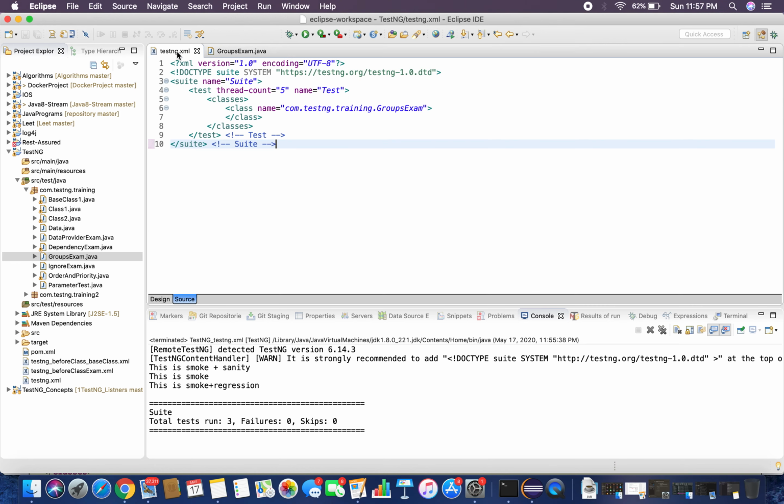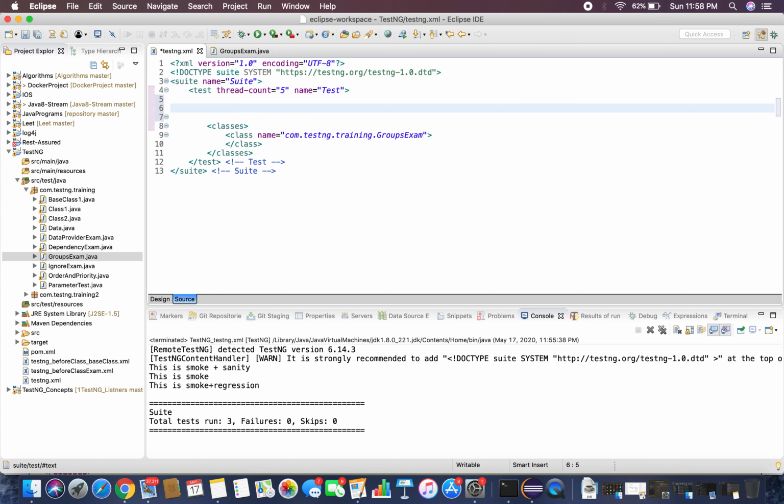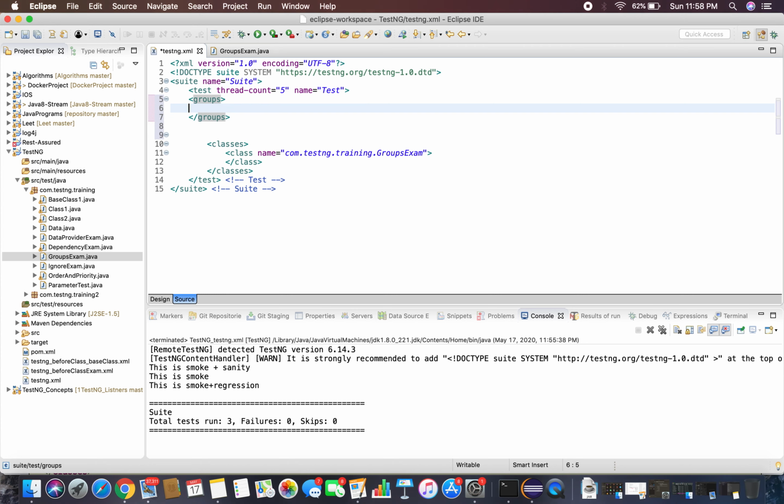How can we create a meta group in TestNG XML? Let's create and see. Now I am going to create a groups tag here, since we are going to create a meta group using define. We need to name this meta group, let's say functional test. This is my functional test meta group.